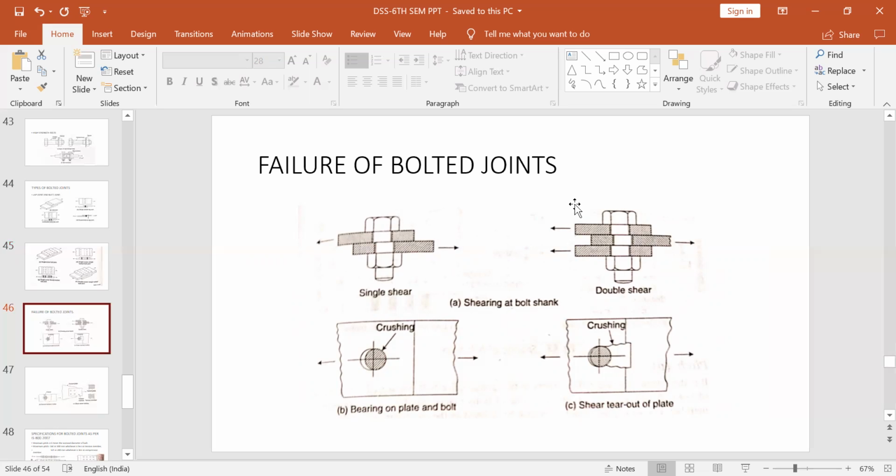Now, as discussed in the earlier class, ordinary bolts or unfinished bolts will transfer the load by shearing or bearing. But in case of HSFG bolts, high strength friction grip bolts, load is entirely transferred by friction. So this is the main difference. Ordinary bolts are called bearing type connections, and the friction grip bolts are called slip resistant